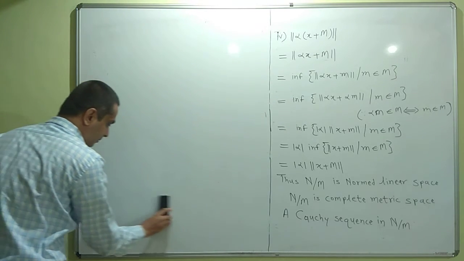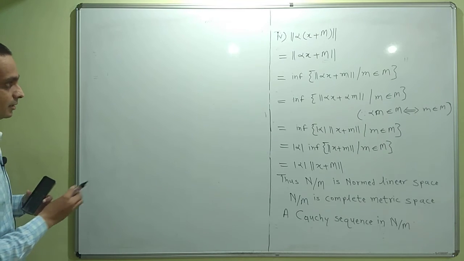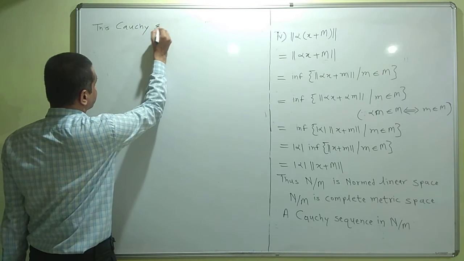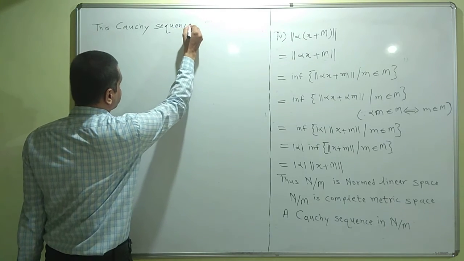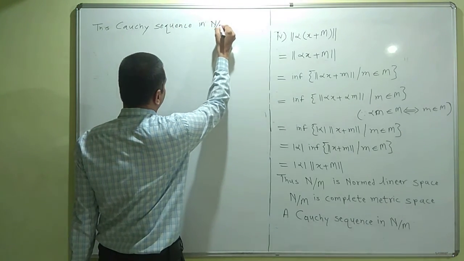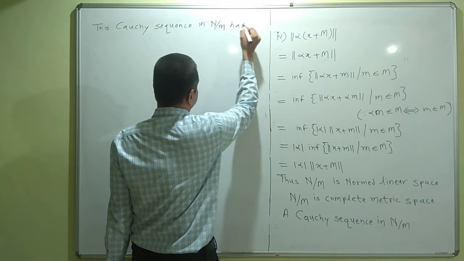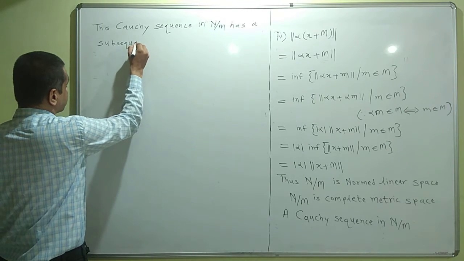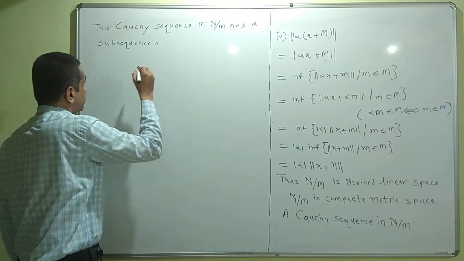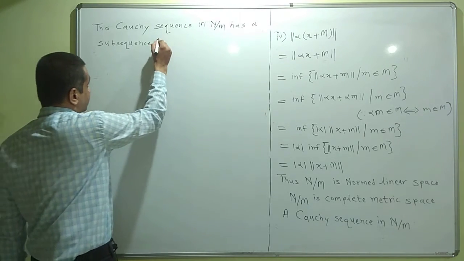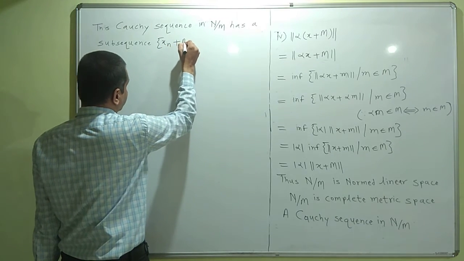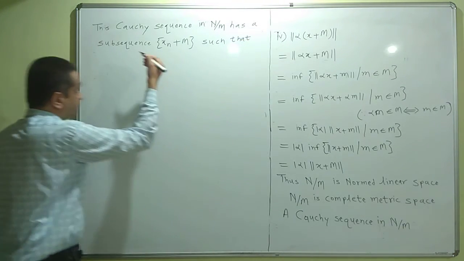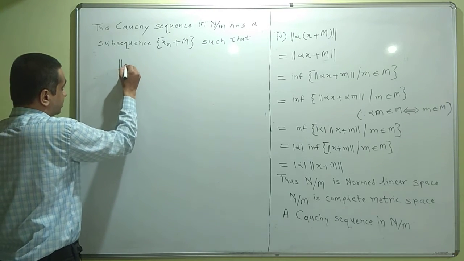Let me write it clearly. This Cauchy sequence in n by m has a subsequence, say xn plus m, such that by using the definition of Cauchy sequence we can easily construct this type of subsequence such that norm of